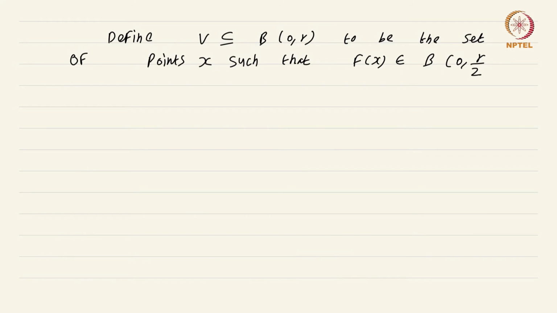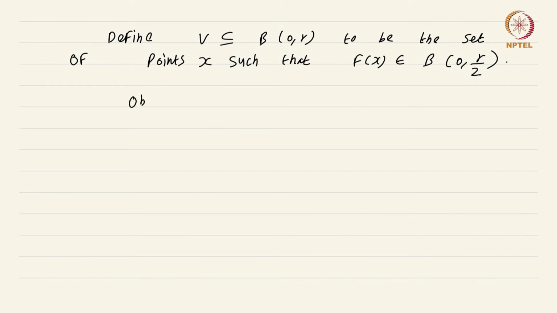Okay, so we already know that when we consider the collection of all points in B(0,R) closure and look at f of that, then you would get a set that is a superset of B(0,R/2) closure. Now we look at those points in B(0,R) which map inside B(0,R/2). Okay, now